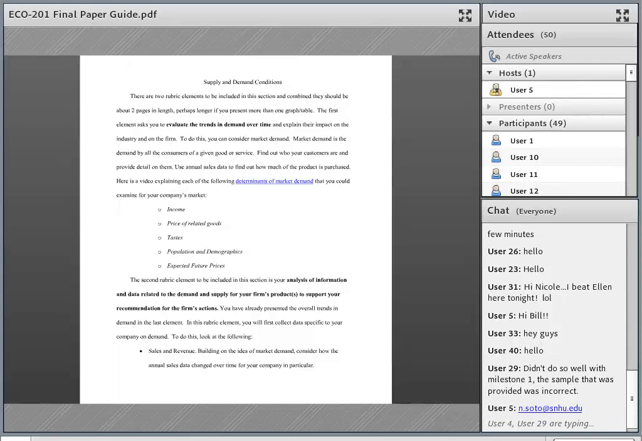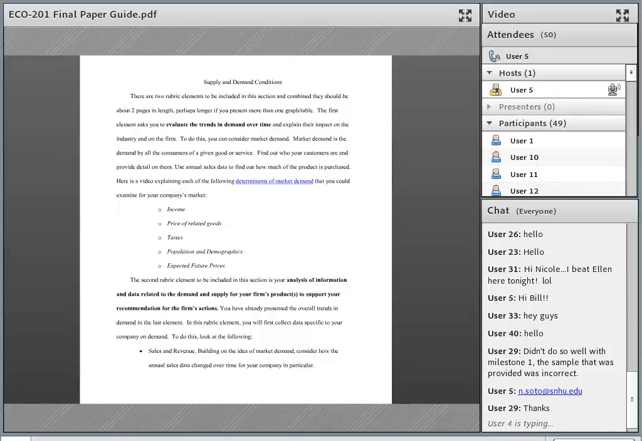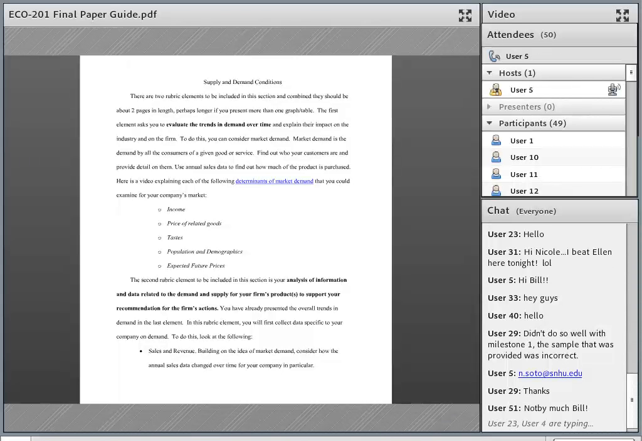All right, so for this milestone, we have 5 critical elements to cover in 2 sections of the paper. So we're covering sections 2 and sections 3 of the final paper. The first section is supply and demand conditions, and this section has 2 critical elements associated with it. The first one is asking you to evaluate trends in demand over time and explain their impact on the industry